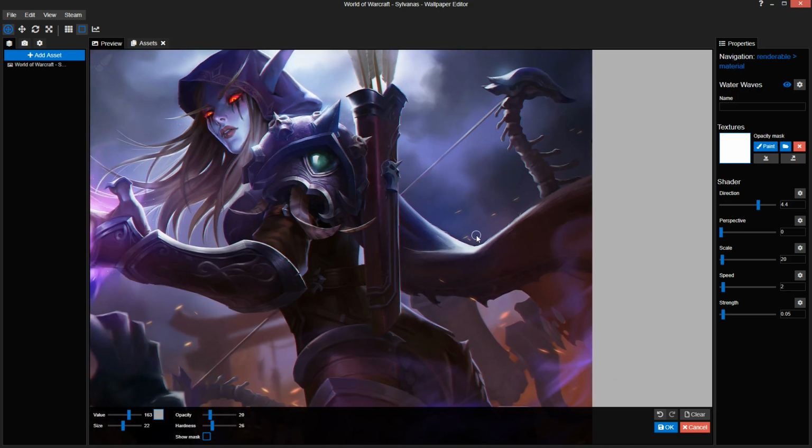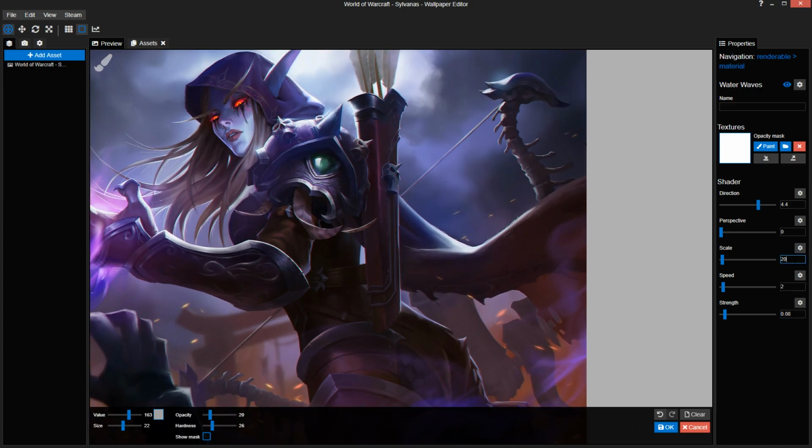Alright, so the cape is moving, but it's barely noticeable. So we're going to increase the strength. Right, this is looking a bit better. 0.08. No. I think I'm going to keep this strength. Then we want to scale 20. Just try out which looks best. 30, somewhat okay. 40 is too much. 50 is definitely too much. 10 is a little bit too little. So let's see, 25. What does that look like?